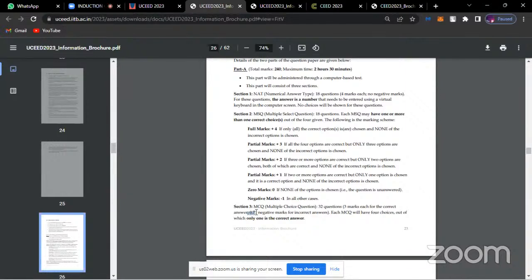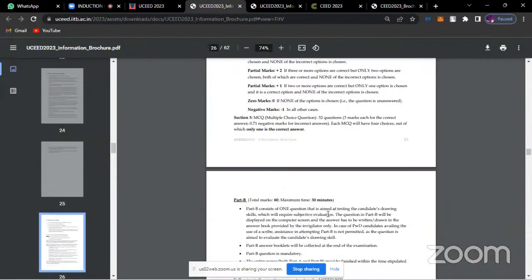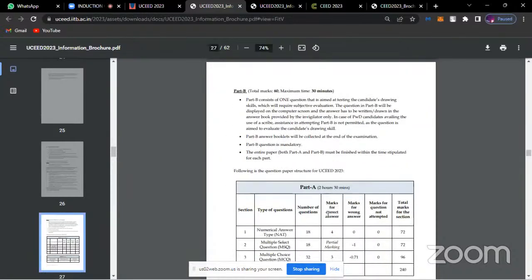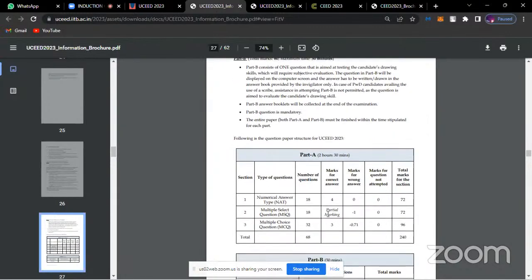For multiple choice questions, 0.7 negative marking is there for an incorrect answer. And for multiple select questions, minus 1 mark. So please take care of these questions. Please be very careful while filling up. Don't fill in all the answers if you don't know them. It might result in a way worse result later on.